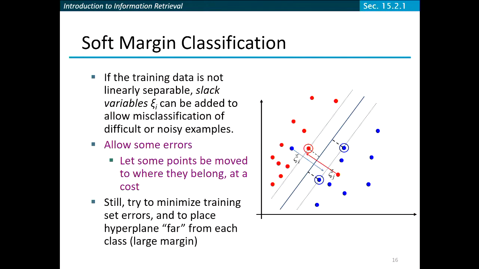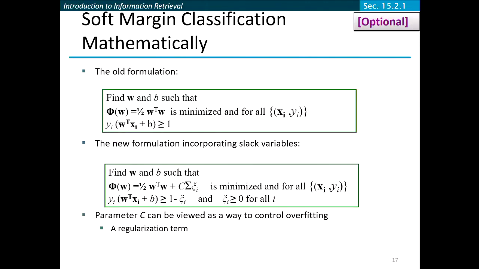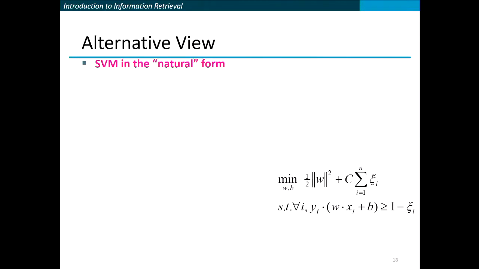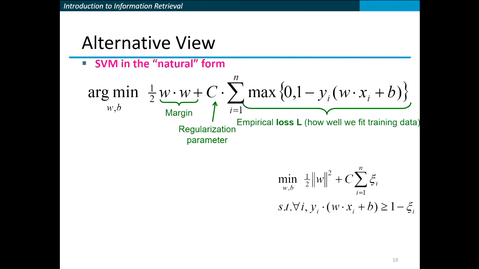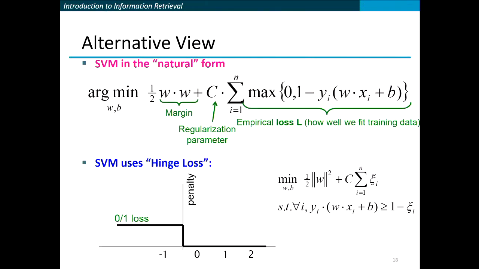I won't talk about soft margin classification in detail. The previous model is derived based on the assumption that data is always linearly separable, but there are cases where it's impossible. So they introduce some kind of slack variables and do some kind of optimization. I won't go into the details, but in the final version of the SVM without using kernels, so it's still a linear SVM,